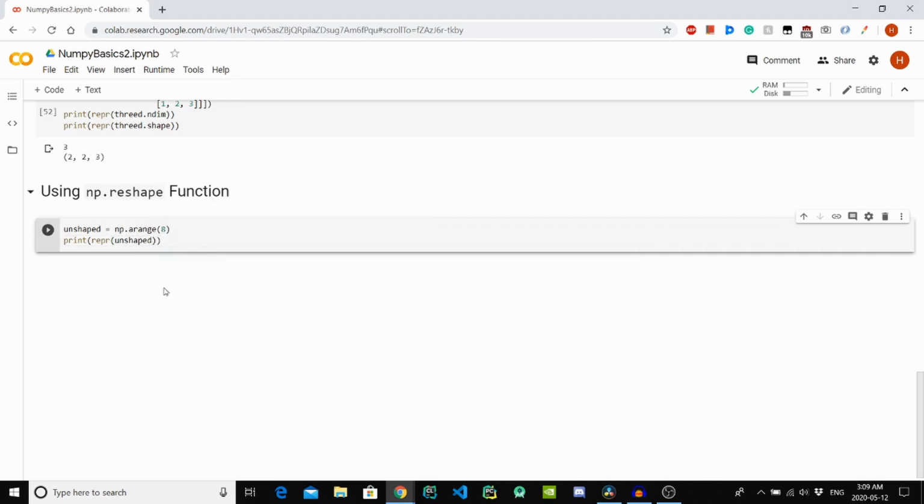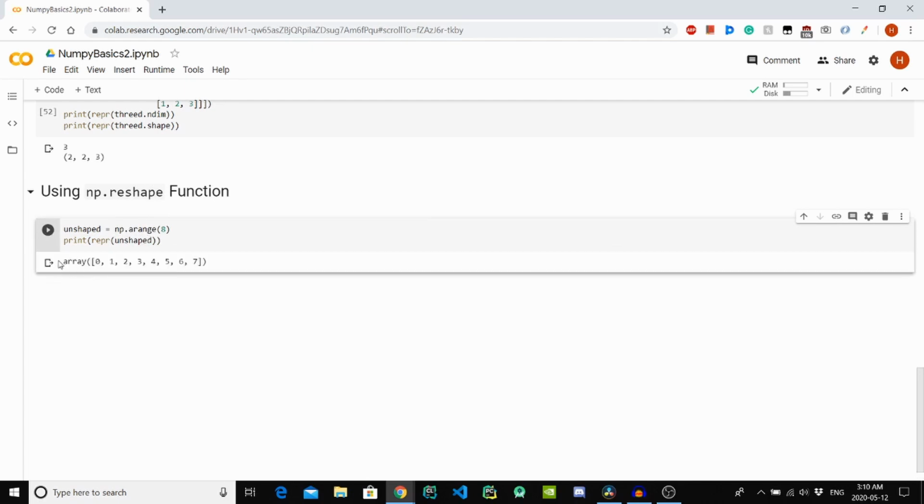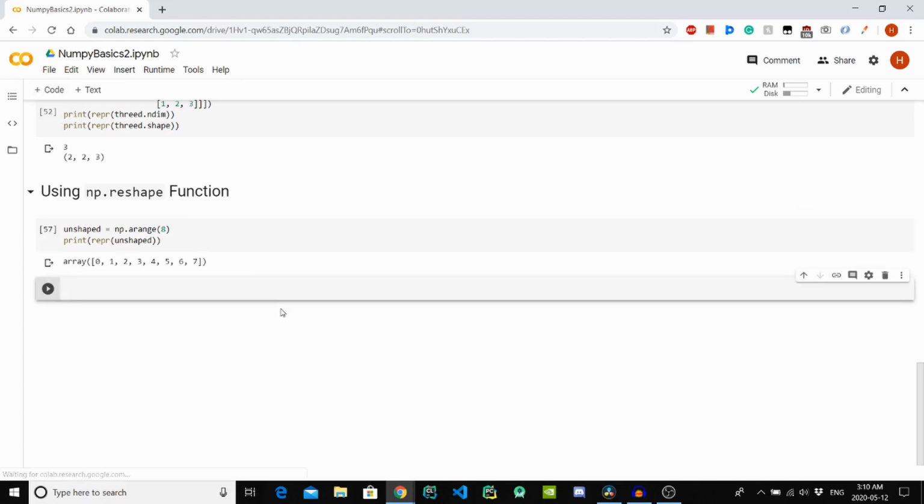And let's just run this. And what we get is a one-dimensional array from values 0 to 8, but not including 8. Now, let's reshape this. We're going to create a variable. It's going to be called reshaped. It's going to be equal to the